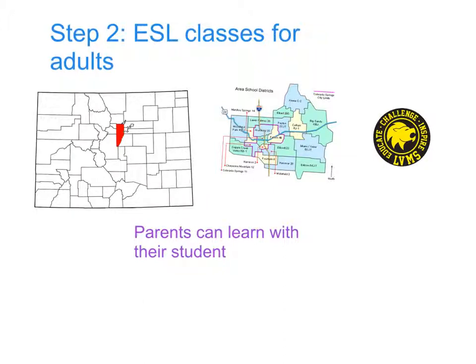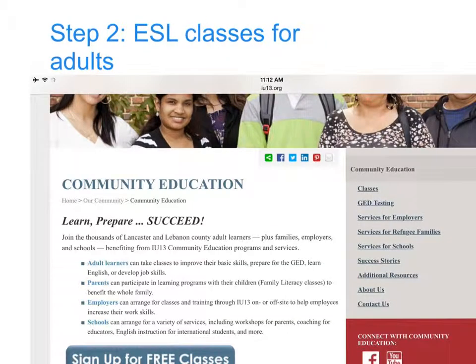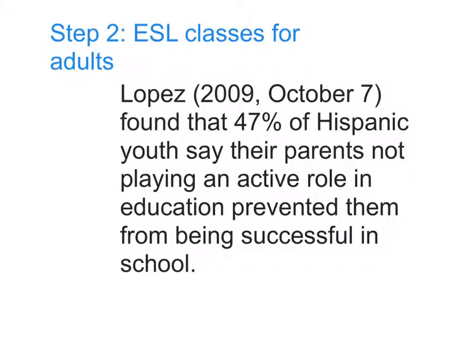One of the most unique programs I've found is from the nonprofit IU13 Community Education section. They allow adult learners to take ESL classes, but they also allow parents to do literacy with their children in family literacy classes. If we brought in something like this to George, not only would we have parents involved in learning English, but we'd have families involved in learning literacy together, and they would be able to follow how their students are doing as far as learning English and how they're doing in school. It'd be the perfect way to get the parents involved in academia while benefiting both the children and the parents.